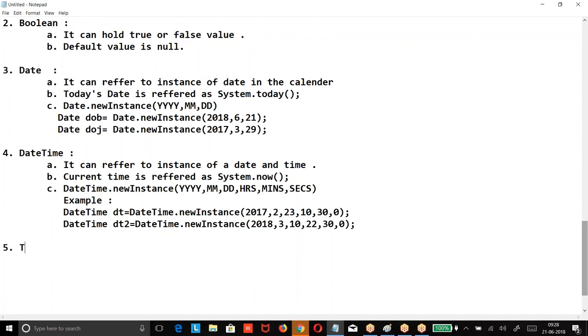Then we have time. It can refer to an instance of a time.